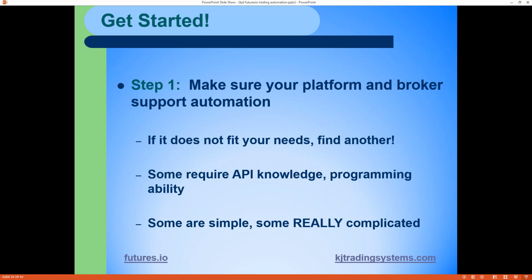Maybe your favorite broker doesn't support your platform, so you might have to do something. This API is application programming interface, I think it stands for. I might have that wrong, but it's basically a way for computer programs to talk to each other. So you might need to do that to connect your platform to your broker. And that could be a lot of work, a lot of debugging and programming. So if you're thinking about doing that, realize that might be part of it.